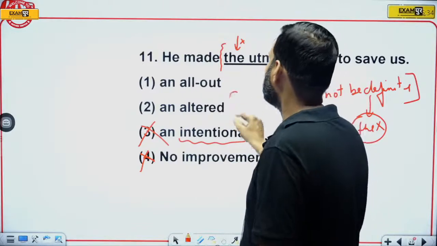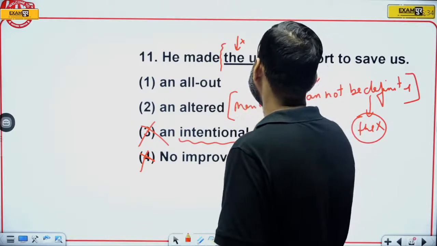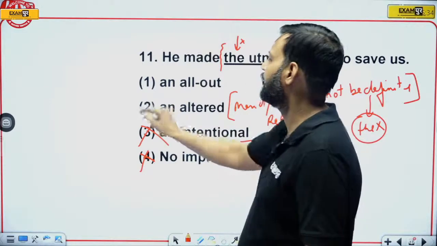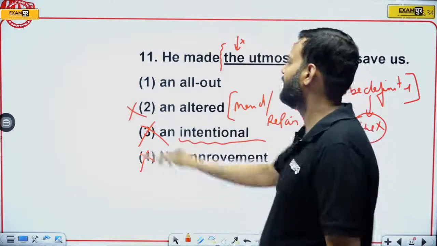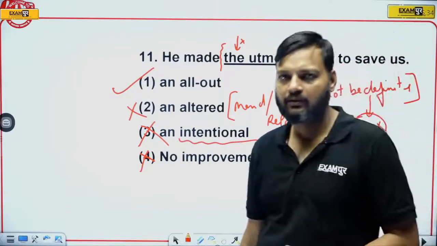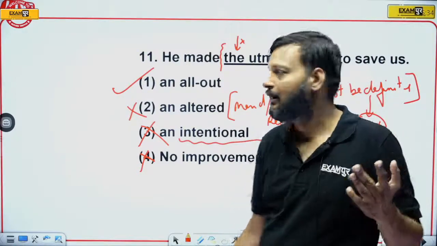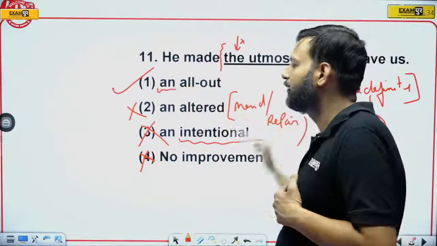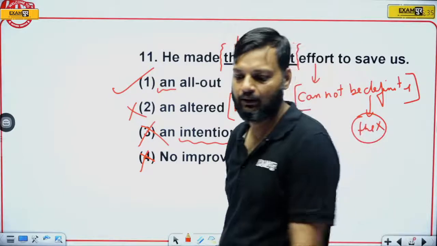Okay, and altered, alter means to mend or to repair. Okay, this too cannot be the answer. So the answer is an all-out effort, because it suits the sentence very well, because we have effort which is singular, and for singular we have an article an. Okay,